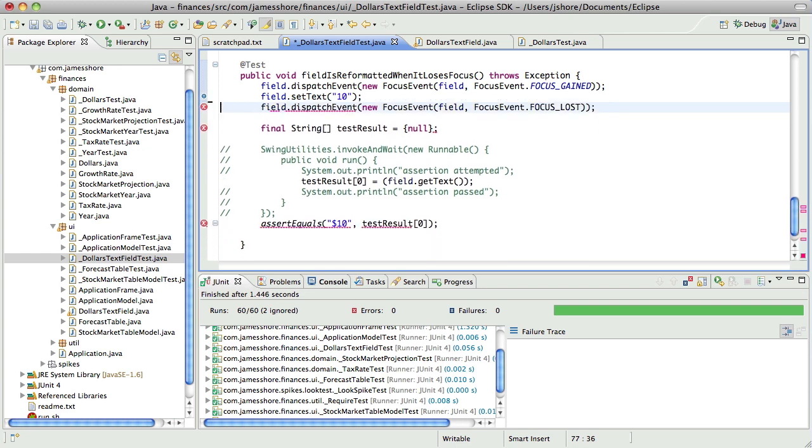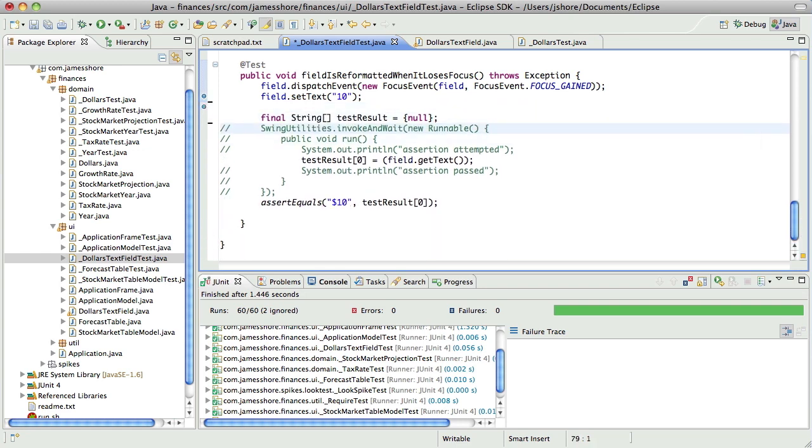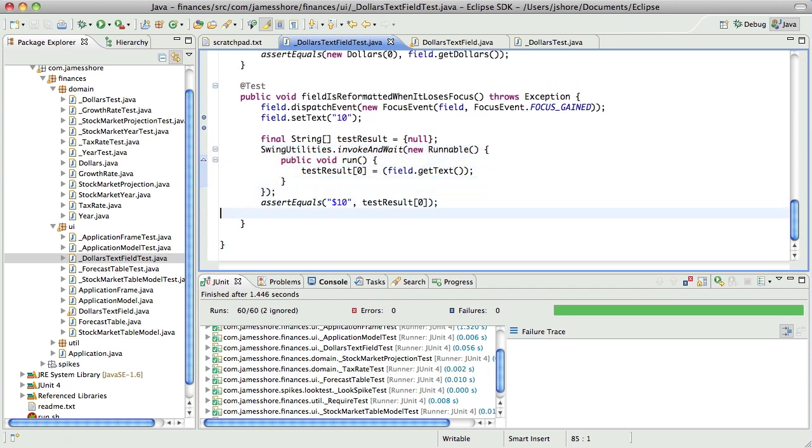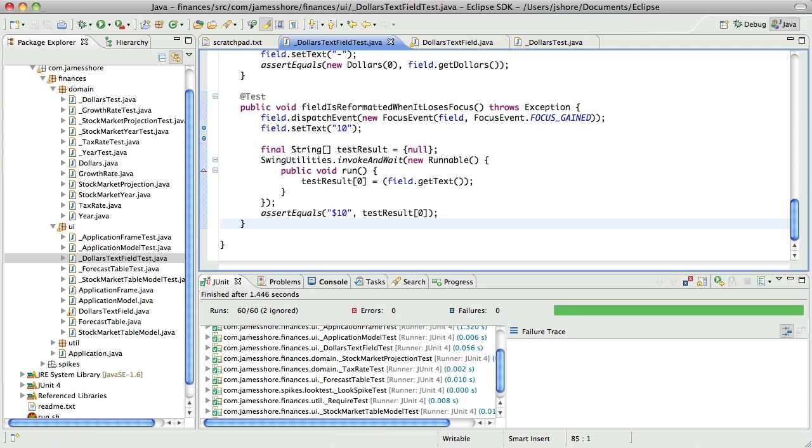I still don't trust doing this without actually explicitly waiting on that other thread, so I'm going to go ahead and do that. It may not be necessary, but interestingly, this is one of those really complicated, difficult situations where the test can't tell you whether or not the code's working properly, because it's really based on you understanding how the internals work, because actually I think it's a design failure of Swing. Swing should fail when you're using it improperly, and it doesn't.